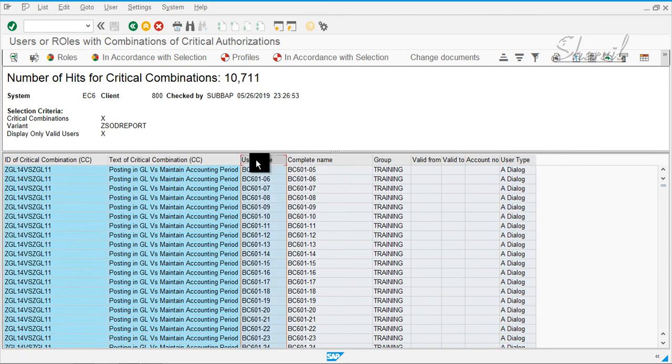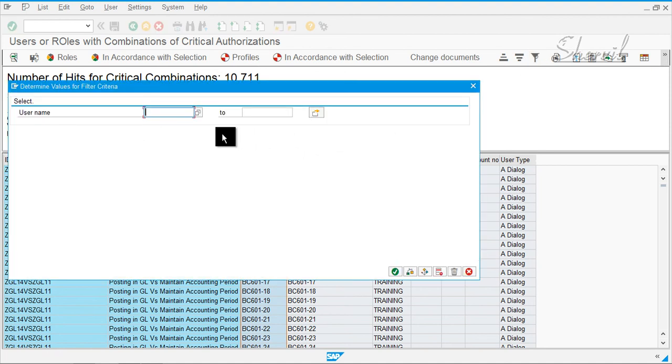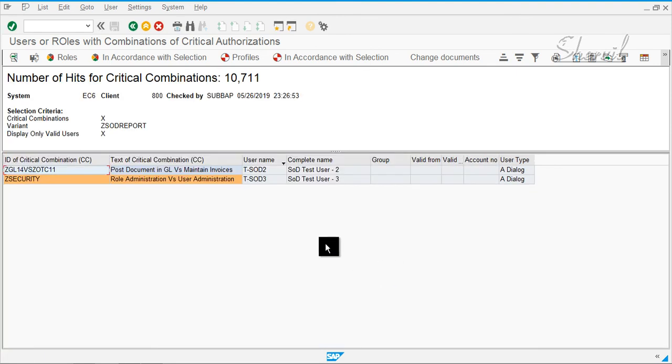We had defined ours with the T dash. Because we did not create a critical authorization user ID for the third one, we're not getting it. So you got two user IDs now.